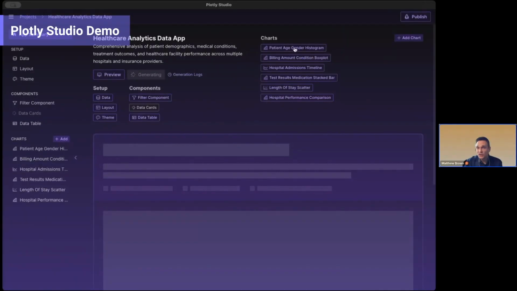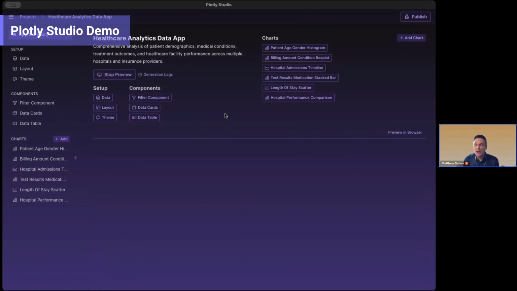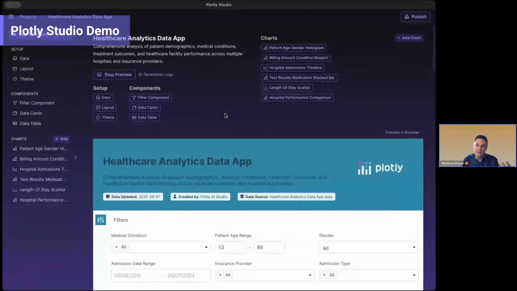Looks like all of the charts have finished. We're just generating the last bit of the data cards. And maybe it's important to call out here too that this is an agentic workflow. So as we're building these components under the hood, if there are errors, we detect that and we actually rerun the generation process, giving the LLM more context about what broke so that we can reliably return back these charts